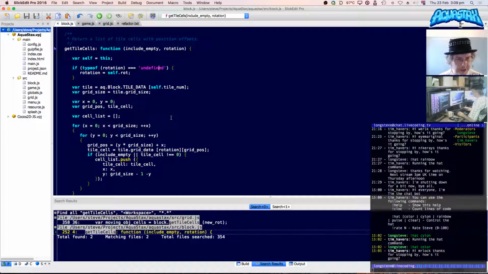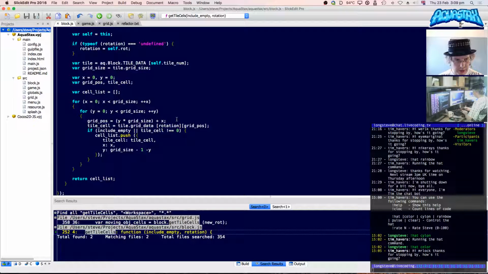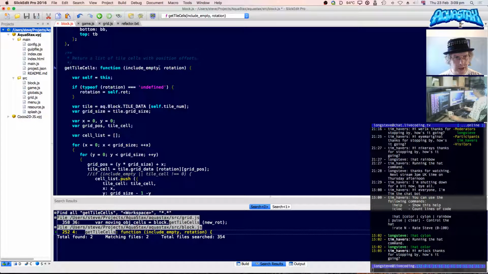But so I had include empty. So luckily it was actually working at all. Luckily it was working, because include empty was usually passed as a rotation, unless of course it hit 0. Oh no, tile set is not 0, so yes, always. If include empty or tile set is not 0, do I want to get rid of this? I think I probably do. Let's just comment that out for now. We're going to put rotation back there.